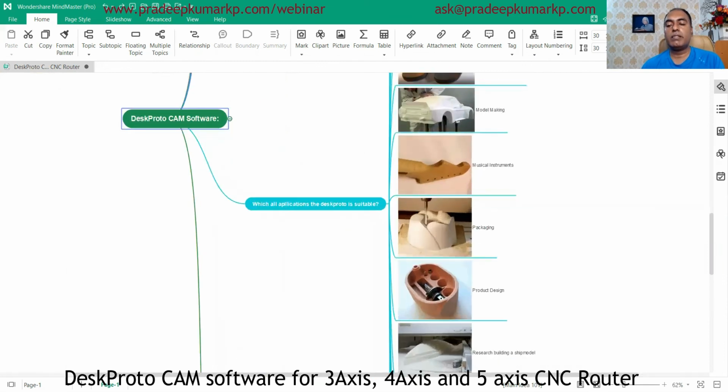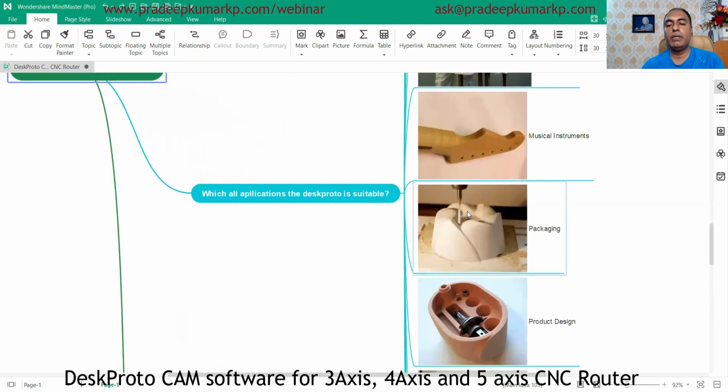Because even if you design some of these in CAD files, if you want to create the actual physical object, then the data has to go to the machine so that it can machine according to the shape. So creating physical objects from computer models is possible with CAM software. That CAM software is very important. So this desktop can be used for this kind of manufacturing application.